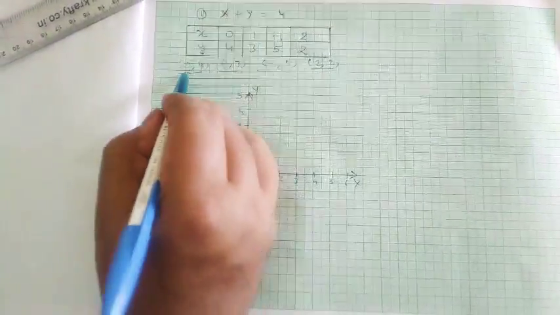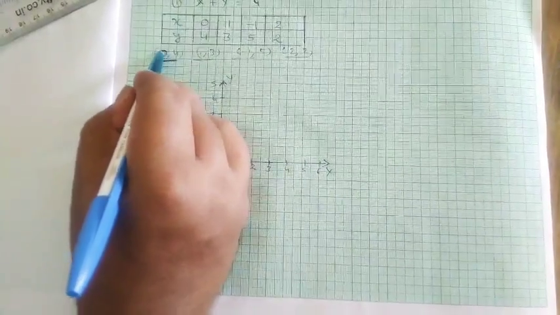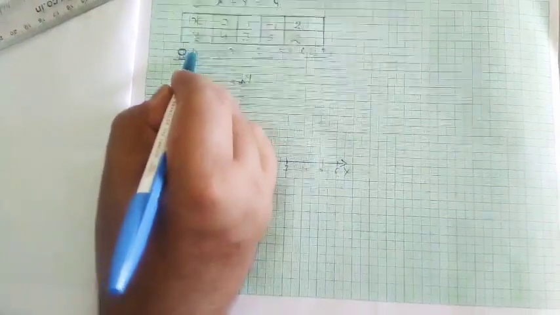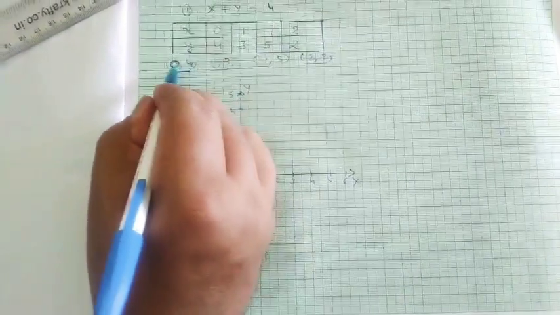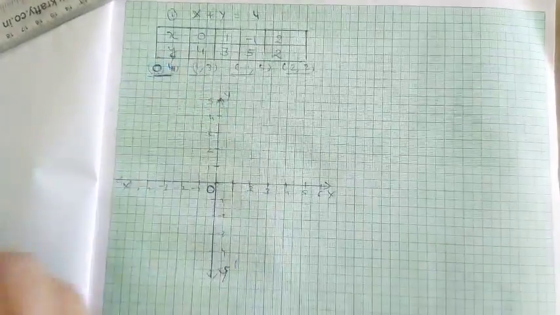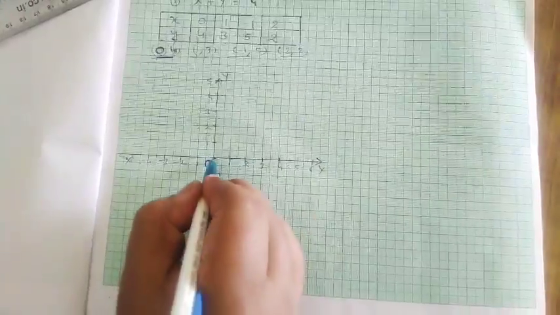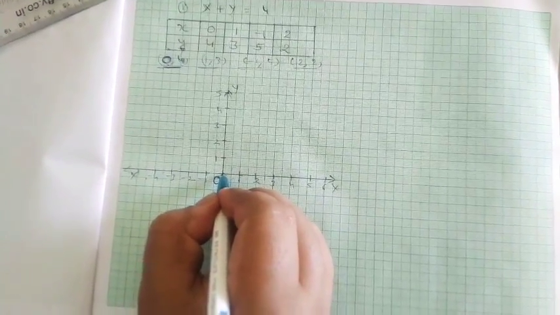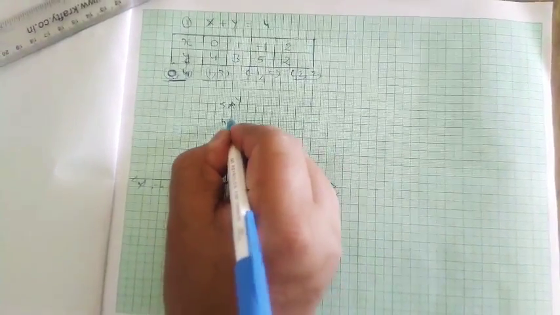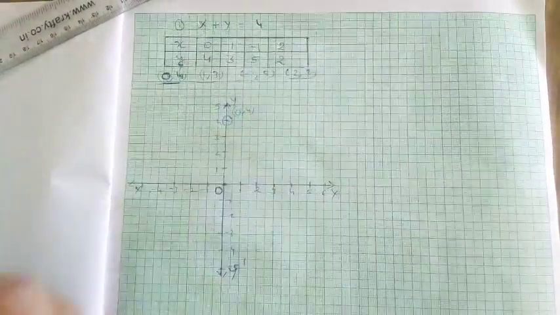Now, first of all, we have to plot the point (0, 4). The first coordinate is called the x coordinate or abscissa, and the second coordinate is called the y coordinate or ordinate. So this is 0 and 4. This represents x and this represents y. Now 0 towards the x axis means we have to move 0. It means we have to stay at the origin because we do not have to move at all. And towards the y axis we have to move 4 units. So 1, 2, 3, 4. This is our point. For this point, the x coordinate is 0 and the y coordinate is 4.